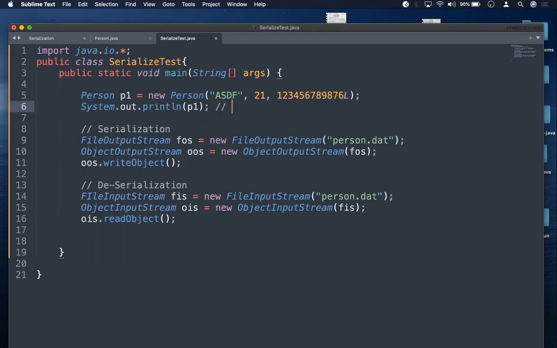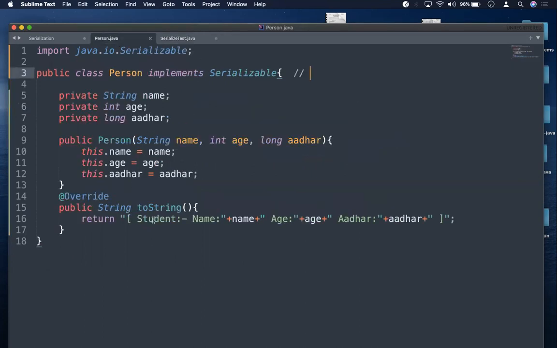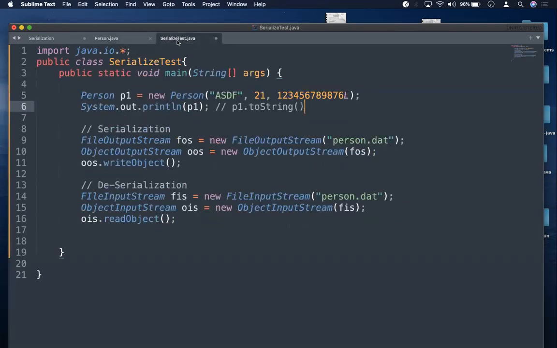So now what happens? p1.toString is going to be called because we have overridden the toString method, and toString will print like this: student, name, age, and Aadhaar. Okay, that's fine. Now see the serialization process. In order to do serialization, we require an output stream. So FileOutputStream fos equal to new FileOutputStream of